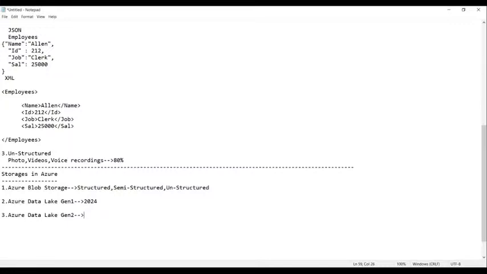Whenever we want to use the data for analysis, such data is mostly recorded into this Azure Data Lake Gen 2.